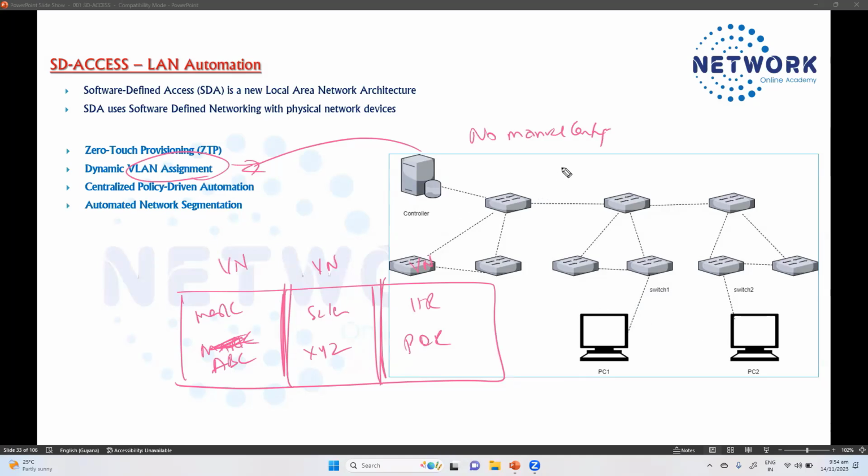Because if you go back to the traditional method, you need to go to each and every switch and configure the VLANs and then logically separate them. And then if you want to have inter-VLAN routing, you need to configure the router, which will do the inter-VLAN routing. And then you need to apply some ACLs to restrict the traffic from one VLAN to another VLAN. But here you don't need to do that, because once you say that this PC and this PC belong to the same VN,